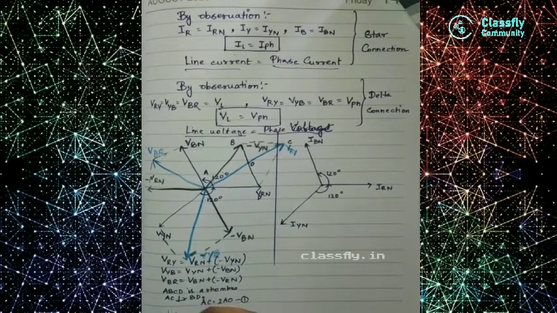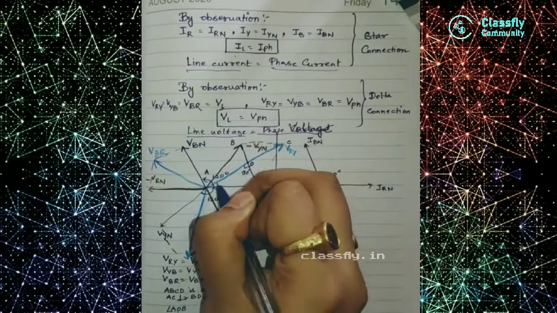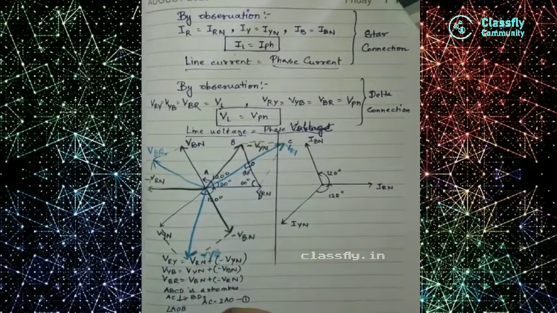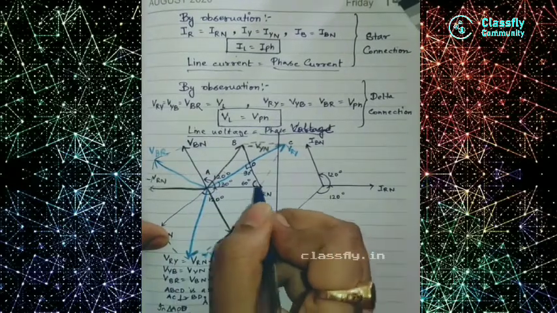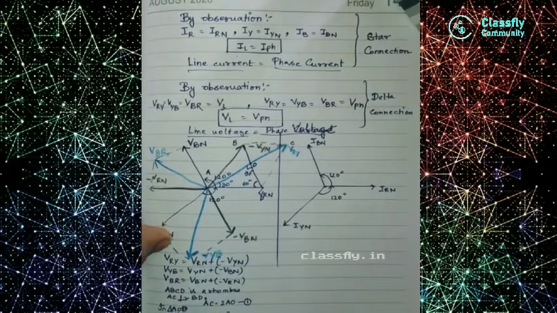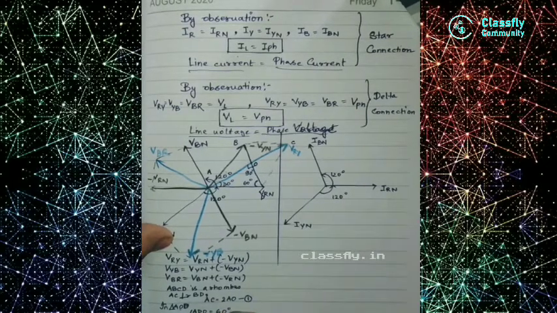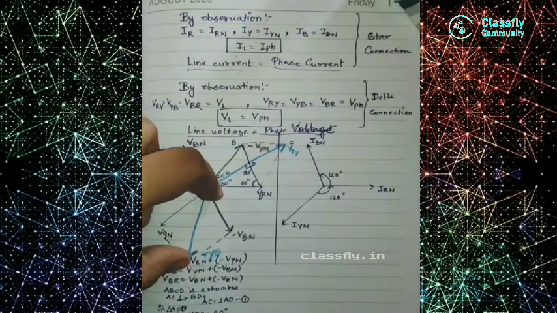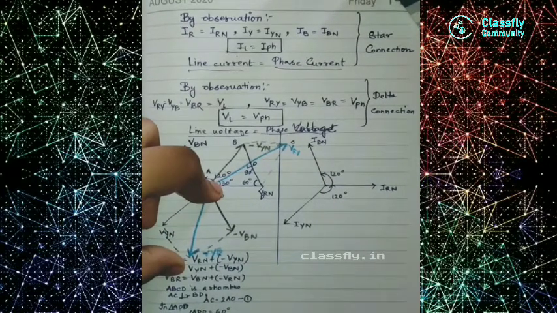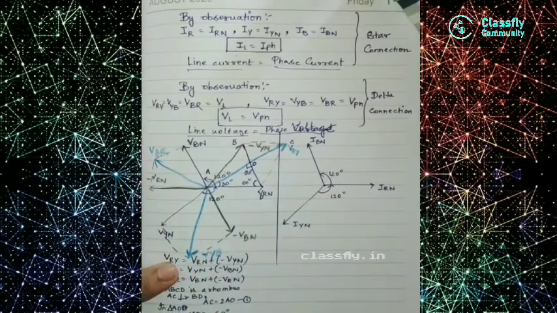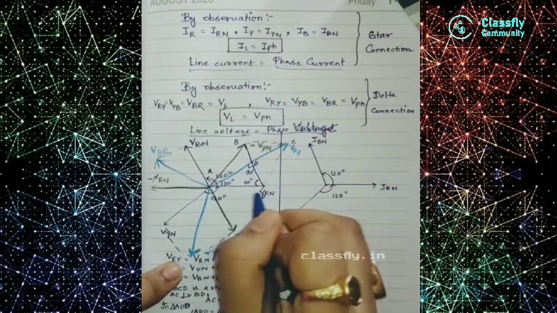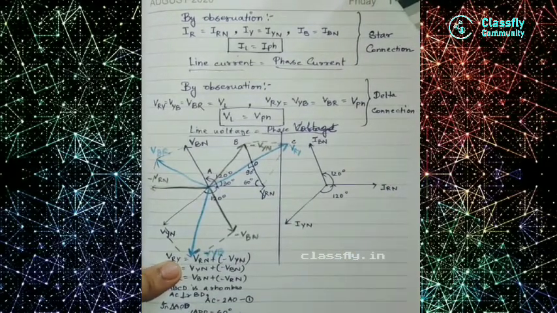Second, we will take this triangle AOD. As it is 90 degree, this is 30 degree, and then this angle will be 60 degree. So in triangle AOD, angle ADO is equal to 60 degree. And in a right angle triangle, the side opposite to 60 degree is root 3 by 2 times the diagonal. So here the side opposite to 60 degree is AO, so we will write AO is equal to root 3 by 2 of this line, that is our AD.